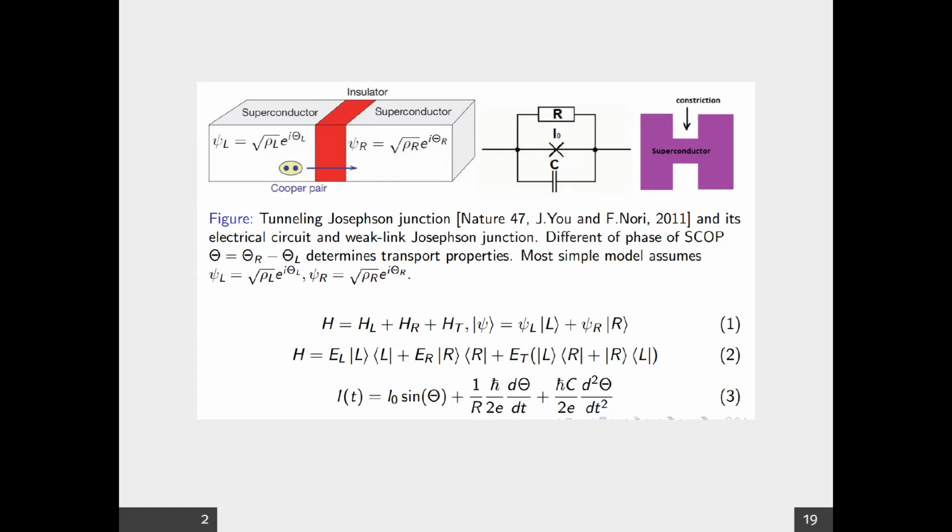It can be linearized if the phase difference is small, below about 7 degrees. You can replace sine theta with theta, and then basically it's a pendulum equation, a second order differential equation. So there is a certain analogy with the pendulum system, and the total current flowing via the Josephson junction